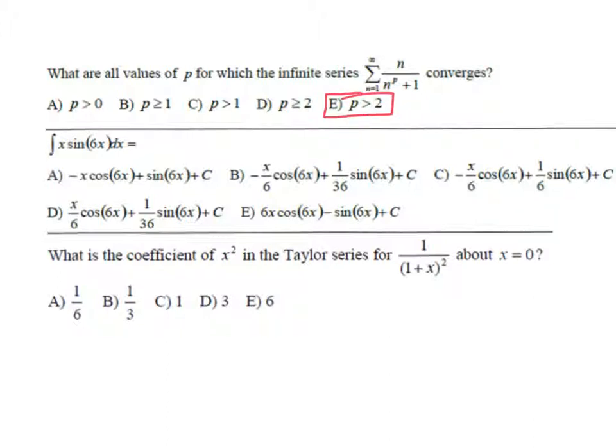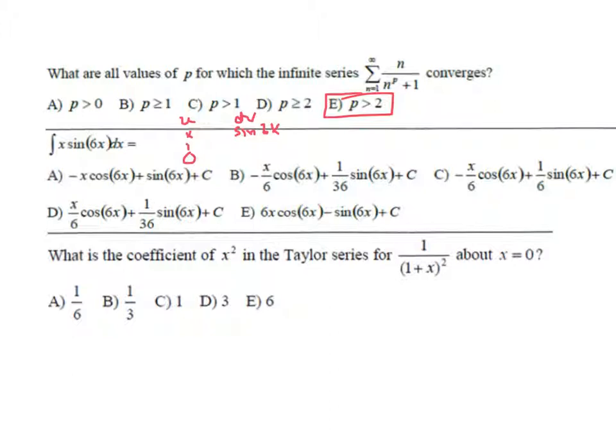Okay. This next question, x times the sine of 6x. Well, with any integral that's a product, the first thing I would look to do is substitution. Unfortunately, if I make u 6x, that's not going to help me. So then I go to integration by parts. And this is one that we actually could use tic-tac-toe on, right? x, 1, and 0. Sine of 6x,